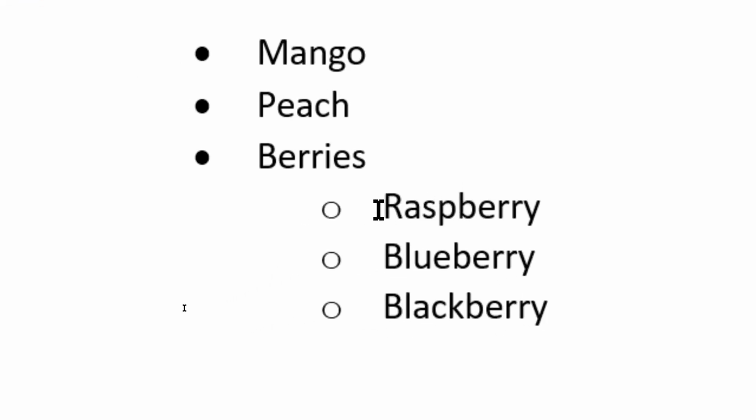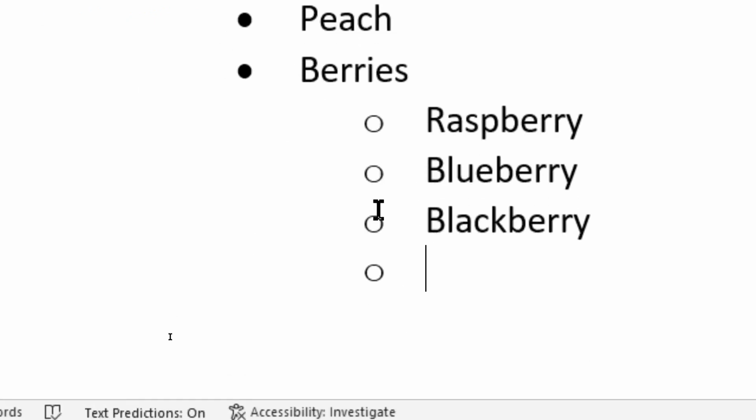And so if you want to go back down a list level, you hold shift, press tab again, and let's just say